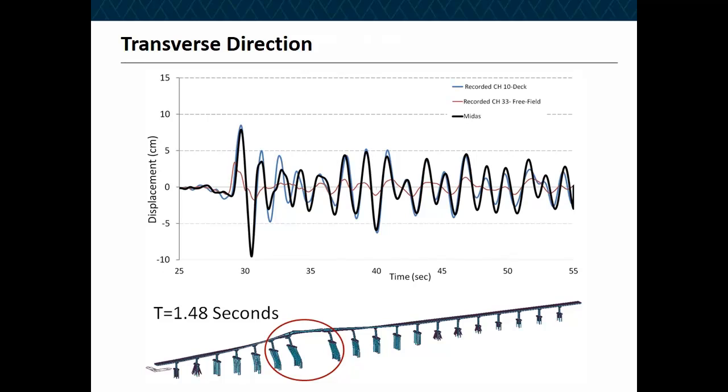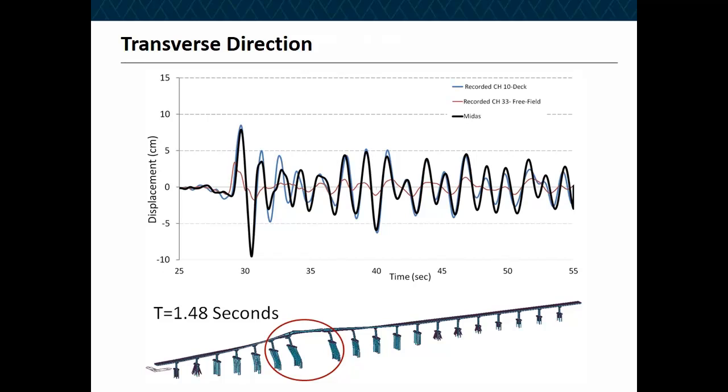Now the question is, how could you get such a perfect match? Of course, I have the recorded motion. You start your model, and then you start making the model as real as you can. Initially, I was getting about 2.2 seconds as my fundamental period. Then I noticed that I don't have the correct mass for the pile cap. So I modified the model such that I have a correct mass for the pile cap. I started getting a better